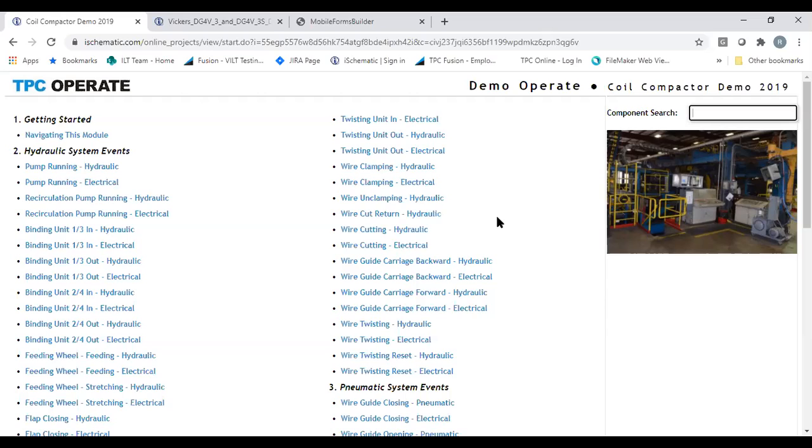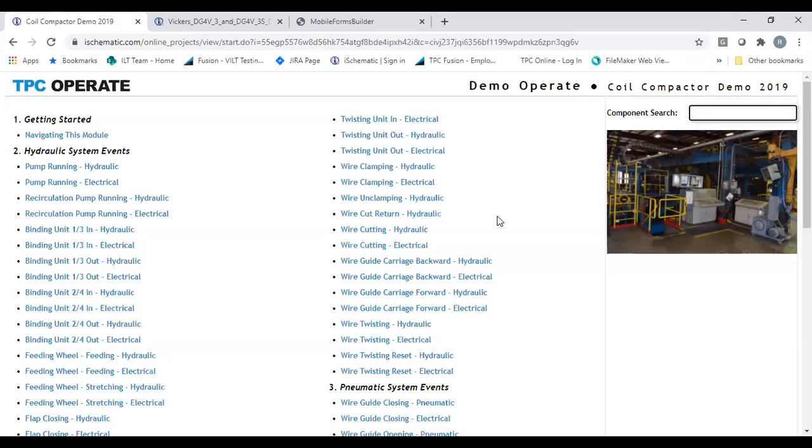All right, you're going to be an operator or technician for the quad compactor. Here, take this operate module and learn everything about it, or create a little quiz for them, right? An on-the-job skills verification quiz. I want you to tell me what it takes to make that lifting table go, or let's say here, the wire clamping process to engage, or I want you to tell me the 4 components that are involved in the electrical signal going to run the pumps on this machine, or whatever it might be. There's all sorts of learning that can be done and live troubleshooting that can be done in this type of thing. Now it's time for you to track,